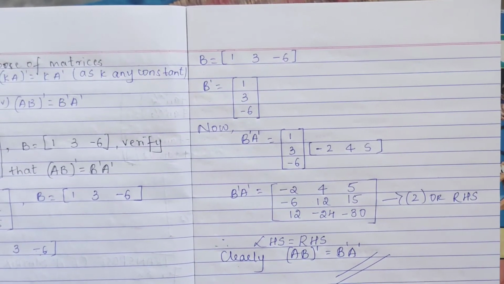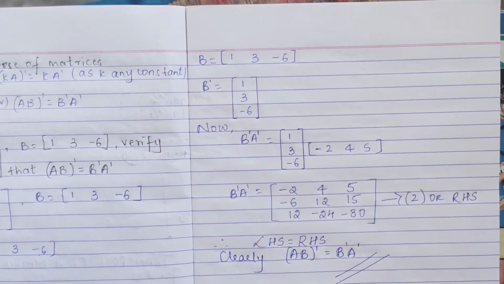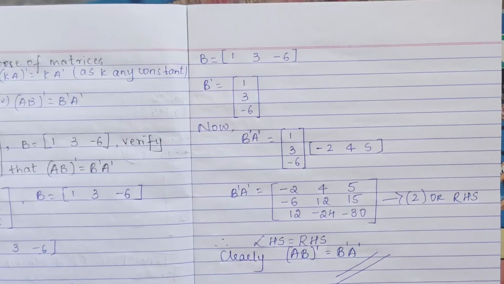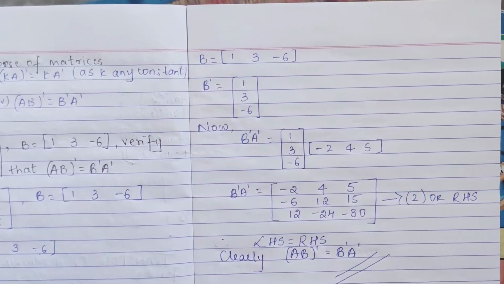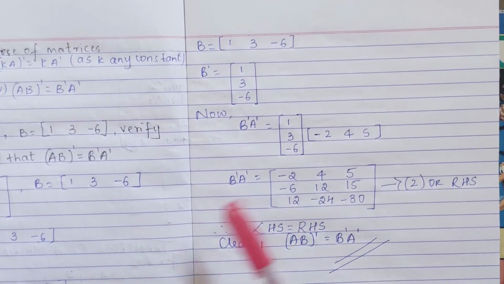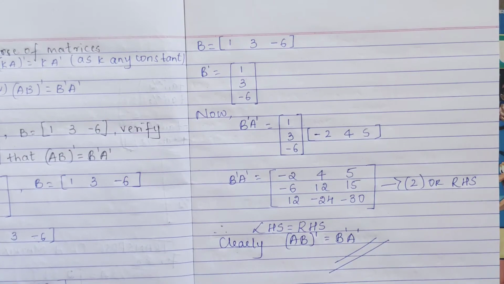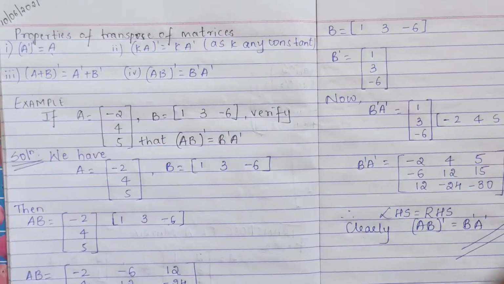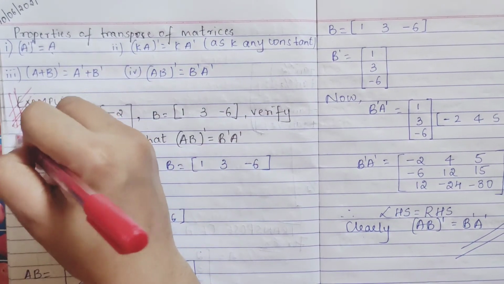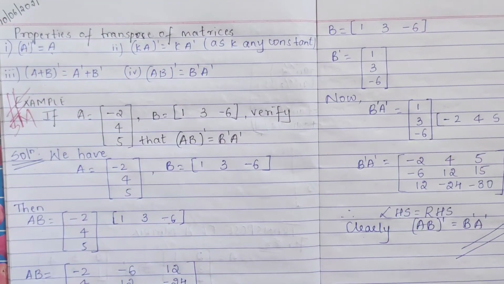That's it. And this is an important problem. For 5 marks, they can ask you. Means like the property only. If they give you the property and say you have to explain it, prove the property, then you can take this example and prove it. Okay. You can mark it as important. For 5 marks you can get it.